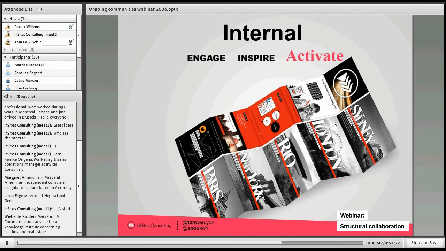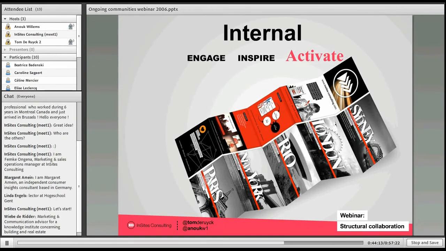So in order to make it an ongoing learning experience, we created a city guide for those brand managers behind those big brands with all the hotspots that we have found in the community that the youngsters, the cool youngsters in the community had shown us. And we have given that city guide to the brand managers. So if they were traveling, if they were in London or New York, what could they do? Well, they could follow that user-generated city guide and go and eat where those young Gen Yers eat, go and shop where those youngsters shop, and so live for one day and one night really like Generation Y.